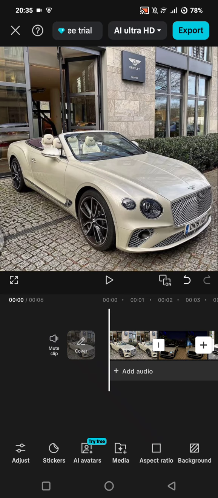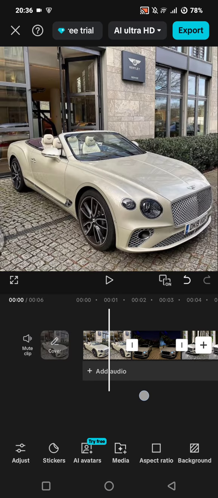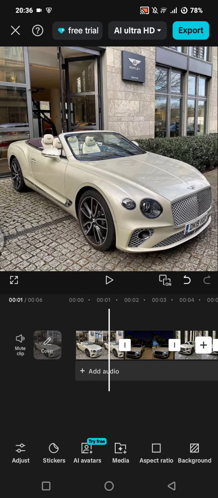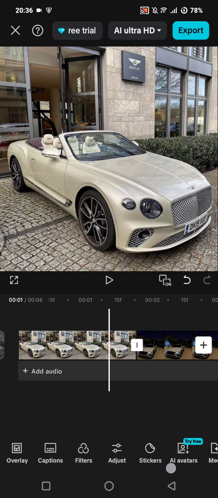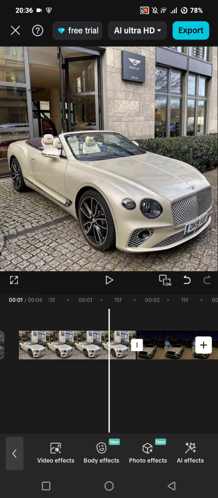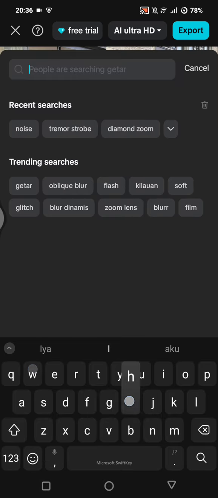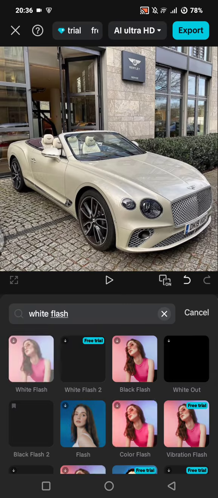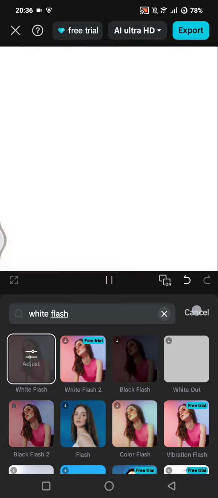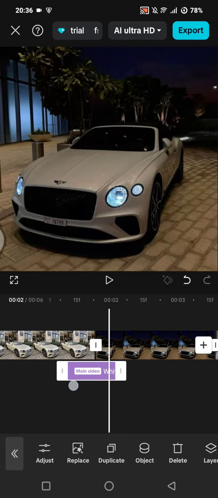First, you can just add your footage or image like this into CapCut. And then here in between the clips, I'm going to go to effects and then add the white flash effects. This one in here. Click on a check icon and make it short